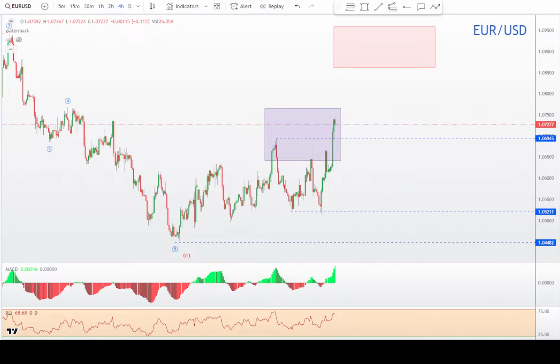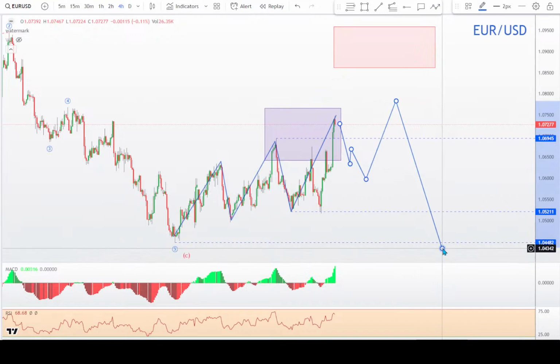So now the euro itself, it's possible that this is a leading diagonal. So 1, 2, 3, 4, and 5. So there's a potential that they'll just correct one more up and then fall. But